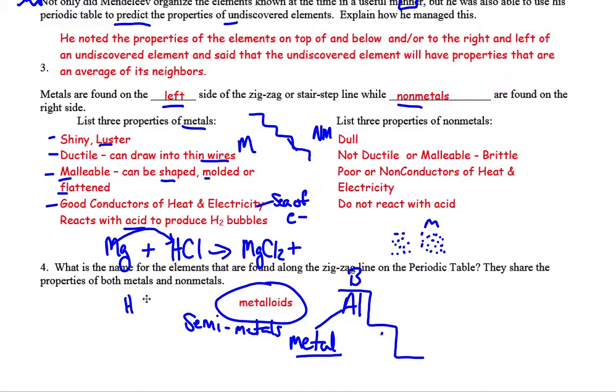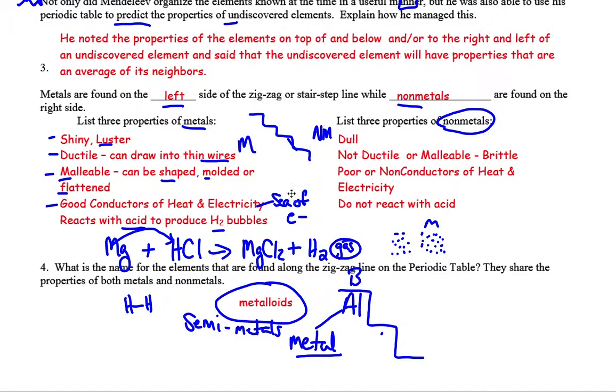So one little hydrogen looked at another little hydrogen and said, we're not happy anymore all by ourselves, so let's pair up together and let's make H2. And we saw gas bubbles of hydrogen. So metals react with acids to produce hydrogen bubbles. Now nonmetals do the opposite.